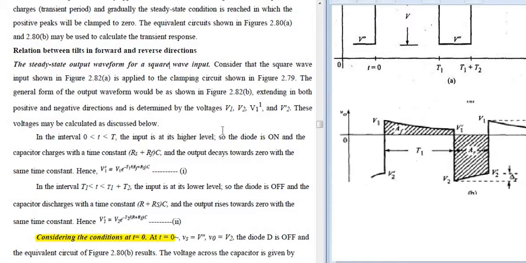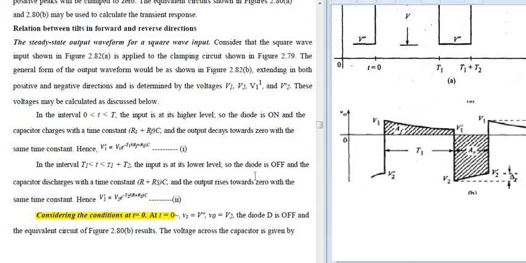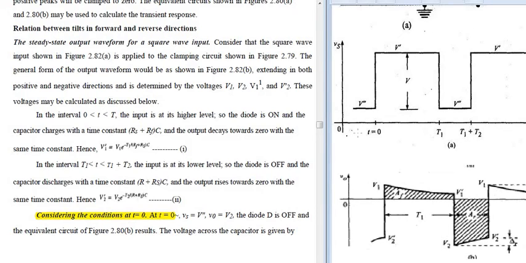And your Vs of t is nothing but your source voltage, that should be equal to capital V, that is your total voltage. So what is the first condition in the interval you are considering? 0 less than t less than capital T. So this is the condition you are applying here. In this particular time interval at the higher level, your diode is in the on condition. Here the capacitor will be charging with a time constant of (Rs plus Rf) into C.